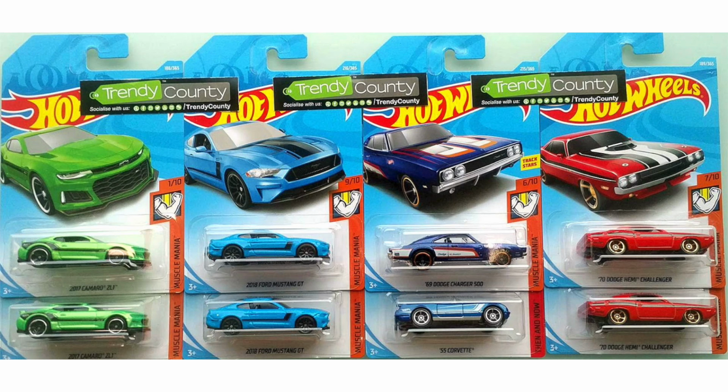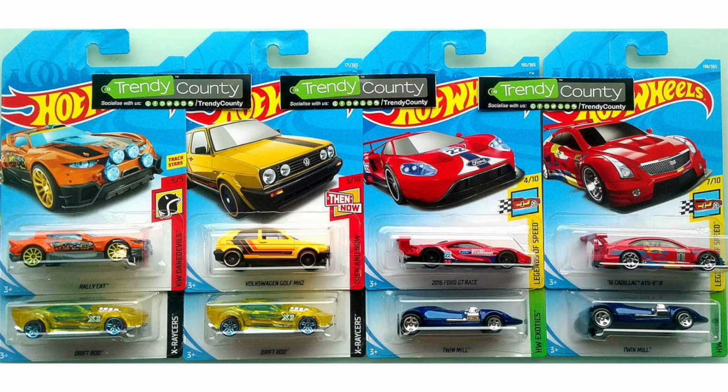For the old school muscle fans, there's a 1969 Dodge Charger 500, '55 Corvette, and 1970 Dodge Hemi Challenger. The next couple include a new orange Rally Cat and the X-Racer Drift Rod. Then we've got a Then and Now yellow Volkswagen Golf Mk II. Moving to the right, one of my favorite new cars is the red 2016 Ford GT Race. Below the Ford GT is the blue Hot Wheels Twin Mill, and there's also a new red version of the